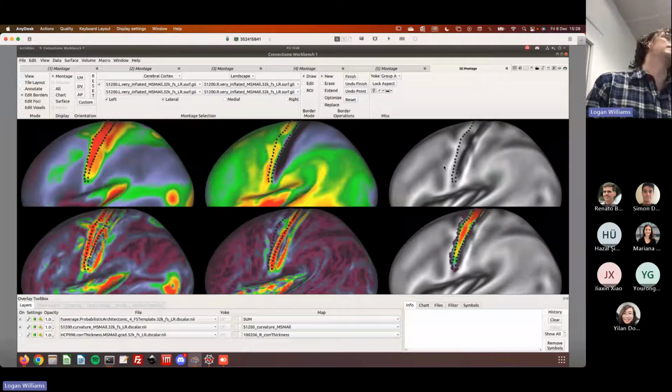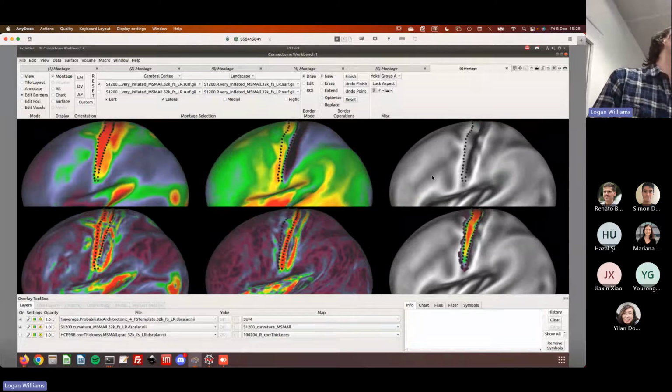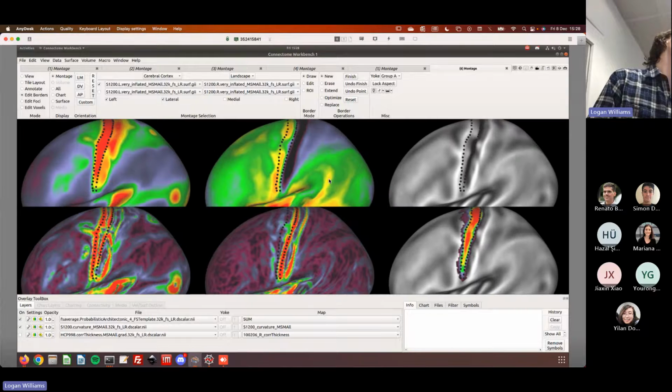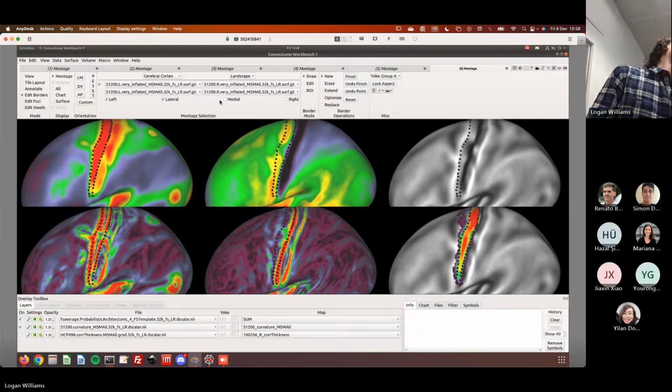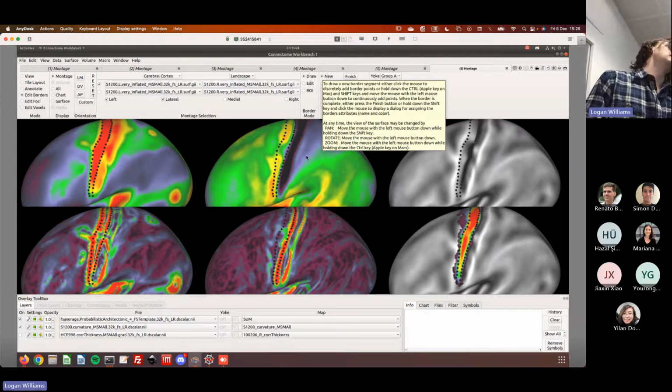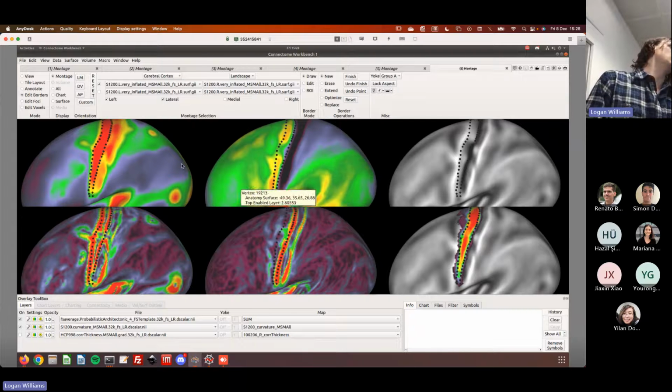You can't change the color of them. So what you can do to delineate the border is, you've opened all of your tabs in Workbench. You then navigate to Edit Borders. You go to Draw, New, and you basically want to